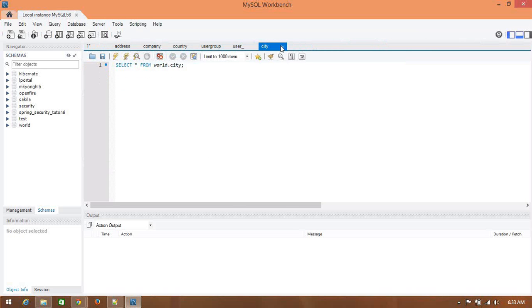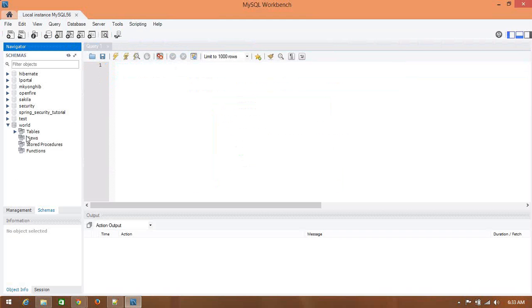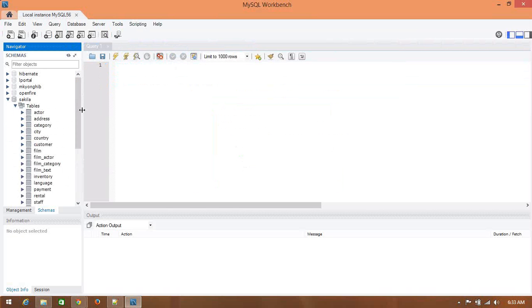So by default, they have provided some schema. Okay, so these are the schemas they have provided. So there are world and Sakila. If you go for the Sakila schema, there are a bunch of tables which are beautifully